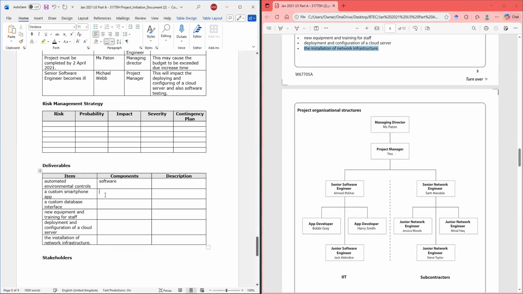The customized app would be software, right? Because we're actually creating it. And this one here, this will be new custom database interface. This is still software because it's an interface.